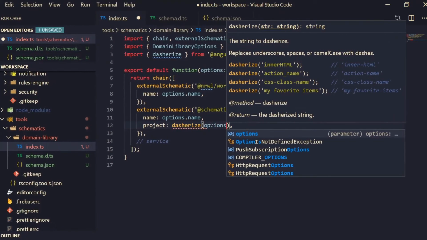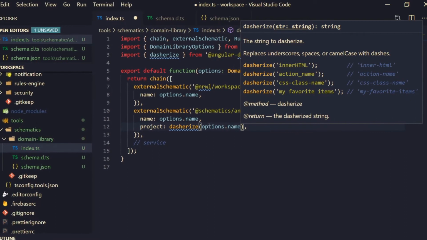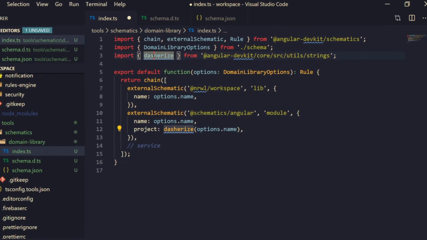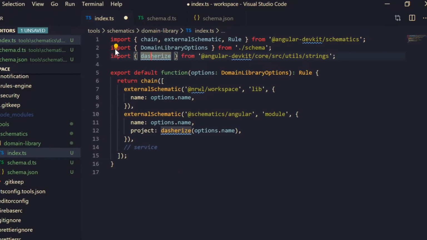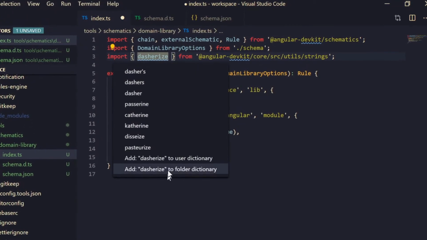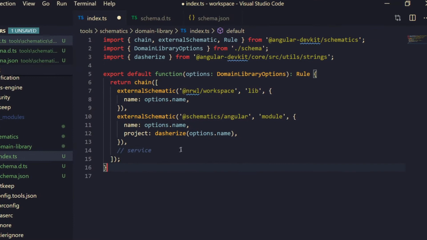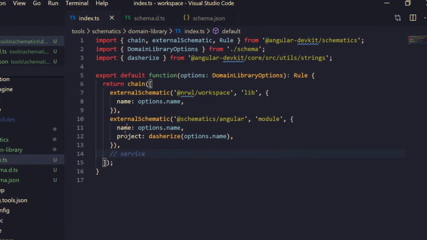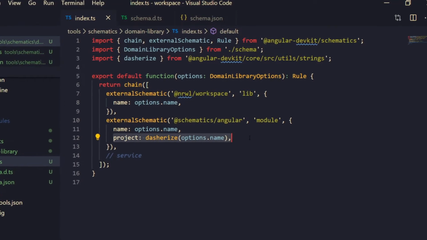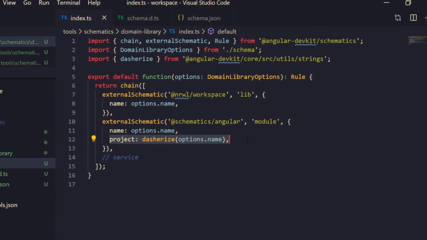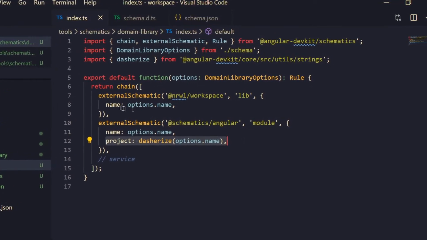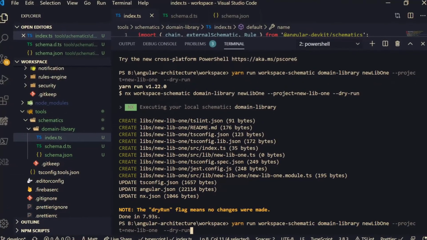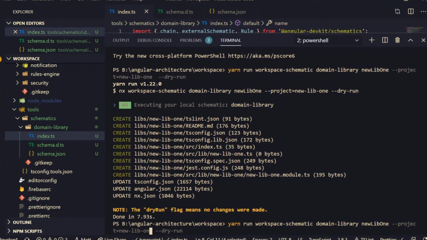And we'll call options.name, right? And what doesn't it like? It just doesn't like how it looks. It's an odd name, right? So what we can do is we could save this. And so what we're doing is we're kind of encapsulating some of the options here for our schematic. And the only thing that we need to really pass in currently is the name, which is kind of cool. It makes it a lot easier, right? Because you don't have to dasherize